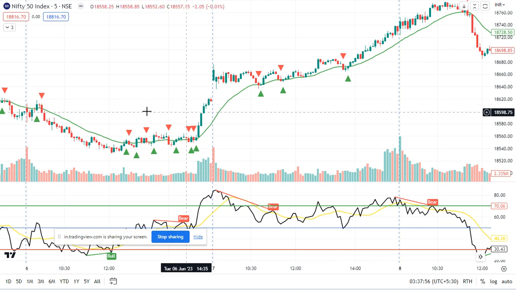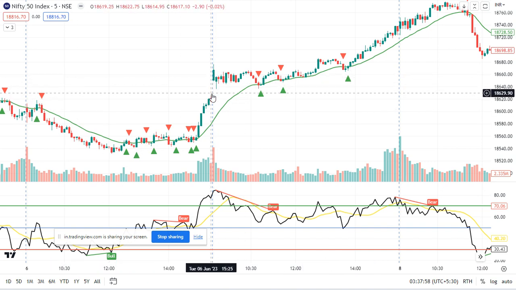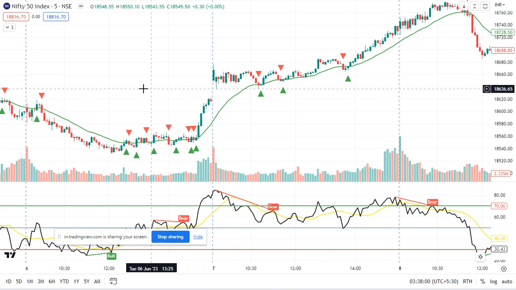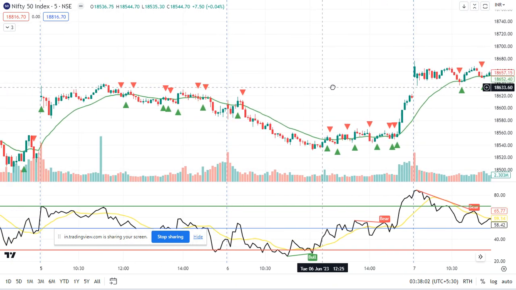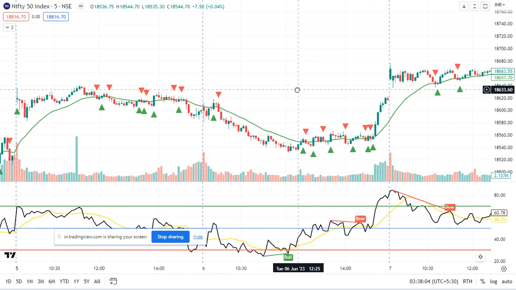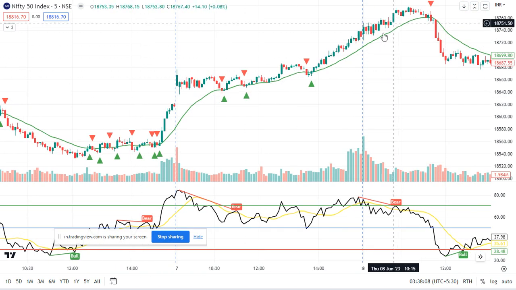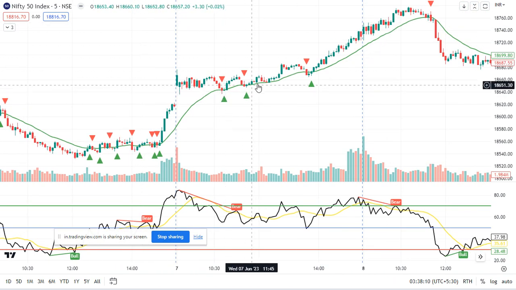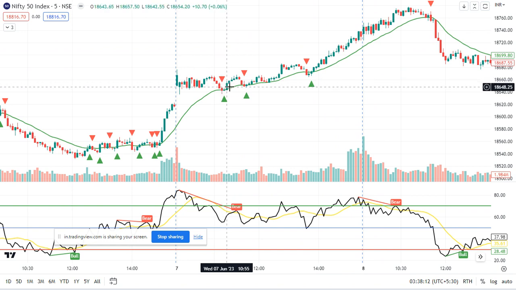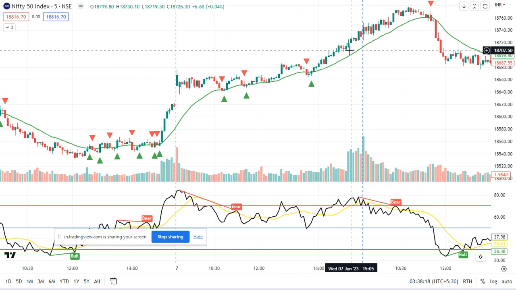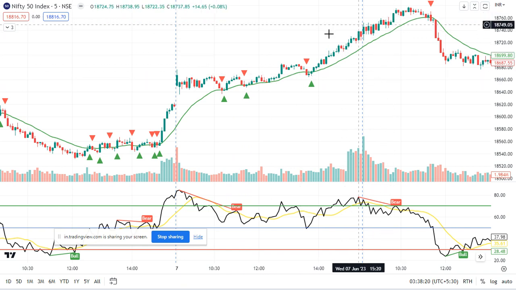See the result. The market opens with a gap up, and it's a trending day. It completely breaks the range of the previous two or three days, and see the result. I got the signal here, and from this signal the price did not come back to that level. It made a higher high in the full day.